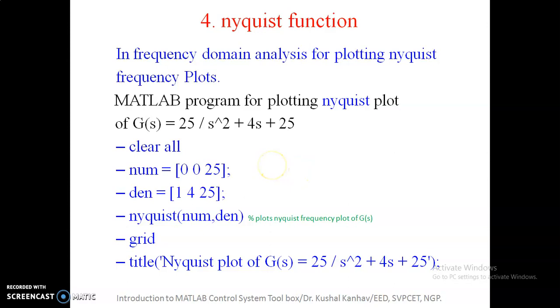I think I have covered all the basic introductory parts of the basic functions of the control system toolbox. I hope you have got sufficient information from it, and hopefully it will be helpful to you in your future